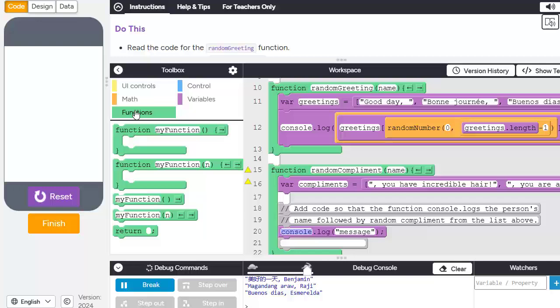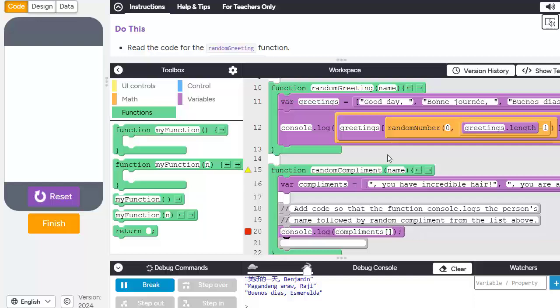No, we need our array. So we're going to type complements in here. Complements, square bracket, and then